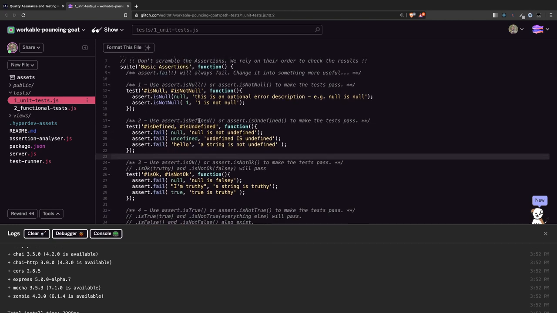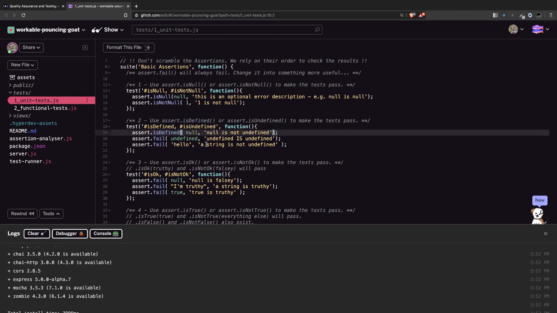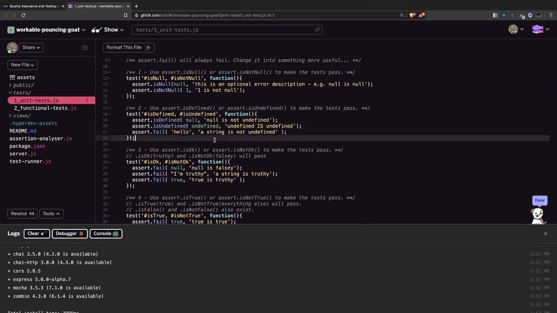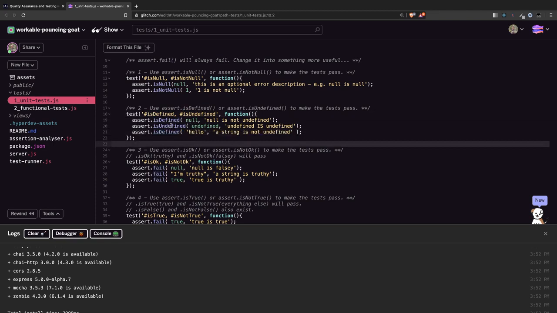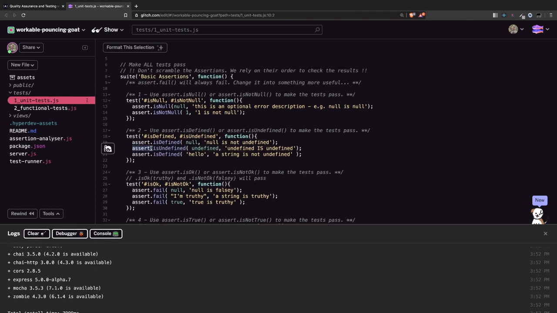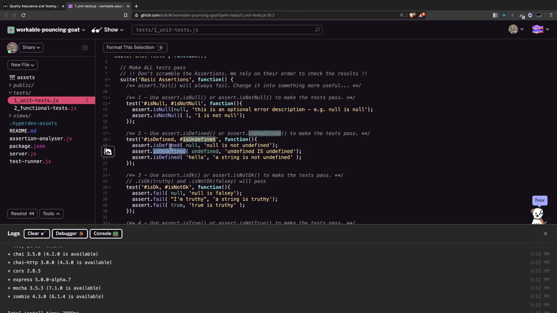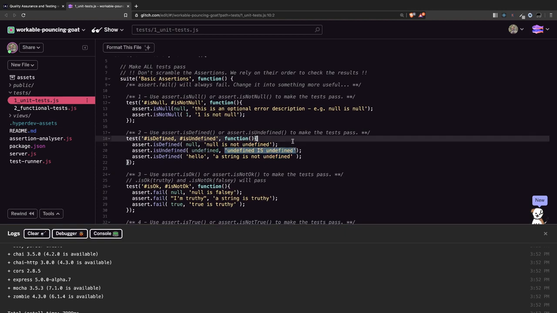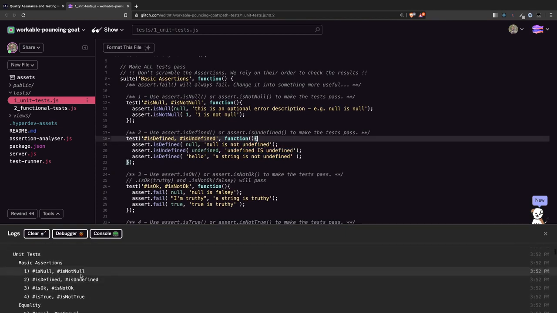Alright. Is defined. So this will check is defined if null is not undefined. Yeah, null is not undefined. Undefined is undefined. And string is defined. So only this should pass. Basically for these, you say assert is defined and you pass in the value. And then you pass in, I guess this is the message. So now if we check the tests,